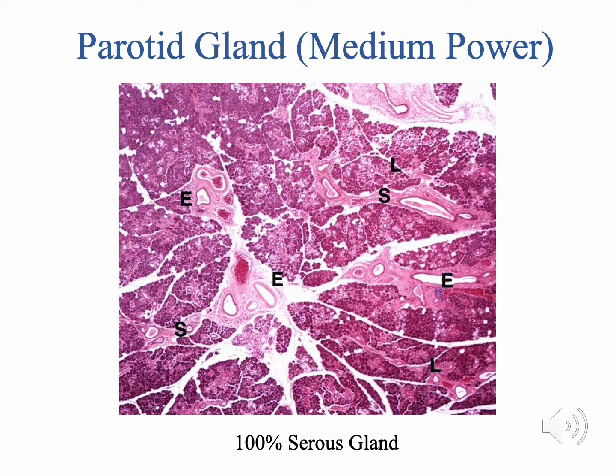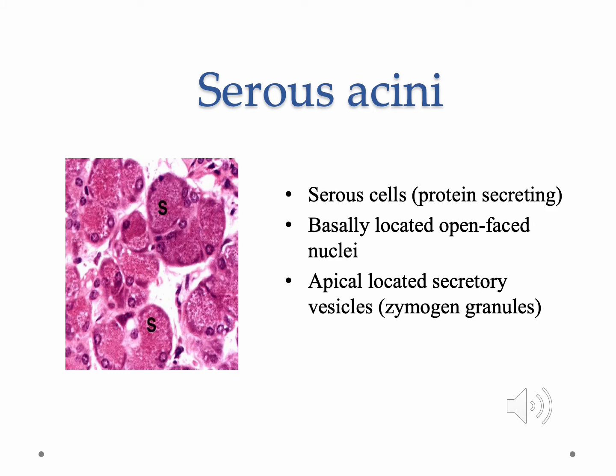Here we have a medium power view of the parotid gland. Recalling, of course, it's composed of 100% serous acini, so it picks up a lot of stain. Here we have a higher power view of multiple serous acini. So the serous cells themselves are quite dark stained because of the proteins within the secretory vesicles picking up a lot of the stain. So they appear quite stippled in texture towards the apical pole,